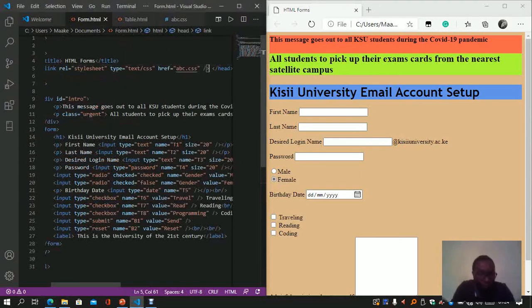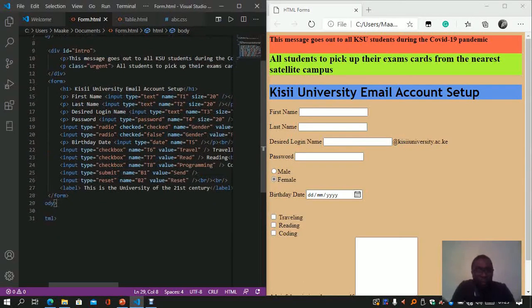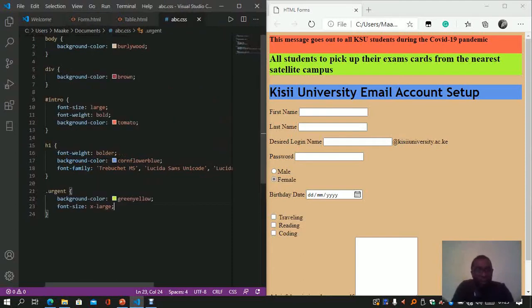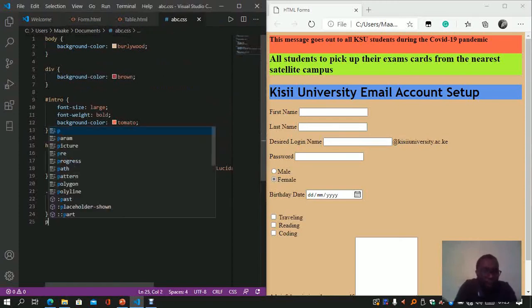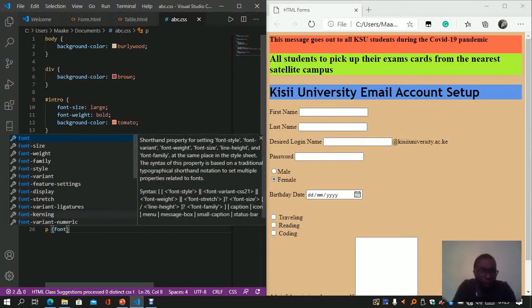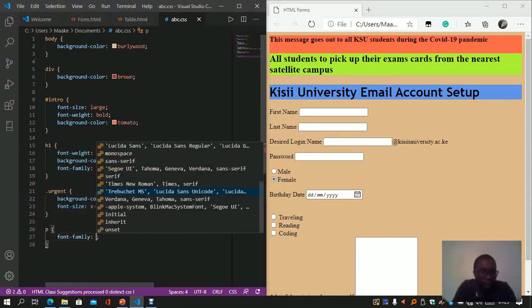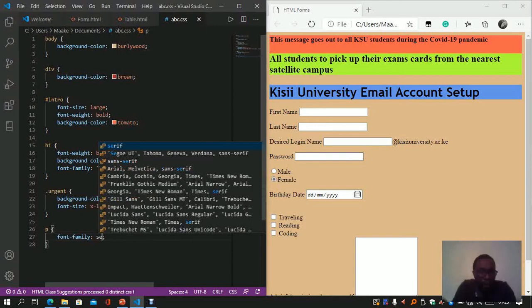Now, maybe to change one or two other things for us to note on our form here, we have a label at the end, or we can change what these paragraphs look like and see what happens. We can change the font type. That alone can be good for us to note. So we can say P and then font family, yes. Let's go to serif, or let's go to